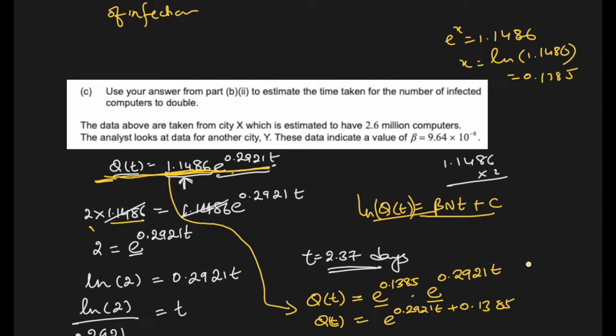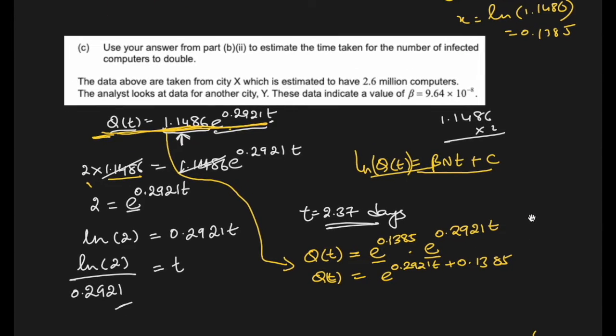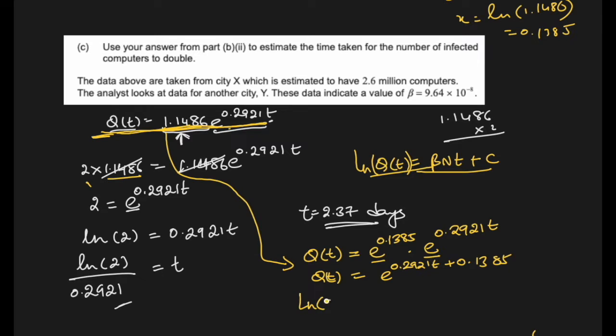And now if I remove e from the right side, the left side will become ln Q(t)